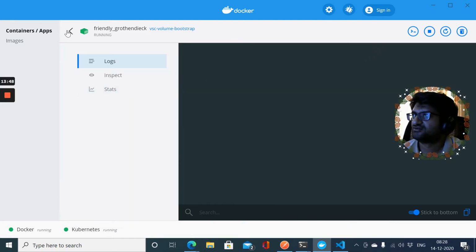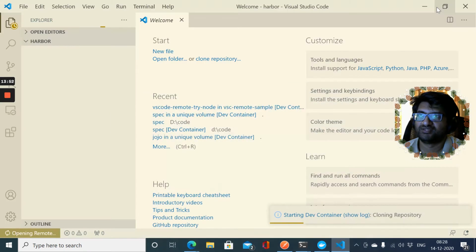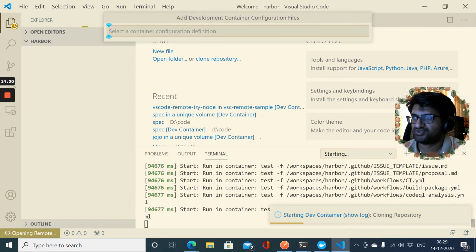While you're sitting and watching the boot up process of your IDE itself. So today when your IDE boots up, it not only brings all of this amazing functionality of the IDE, but it can also set up your entire work environment like a clean slate every time you try to open the project. So it's actually working on this Harbor project. It's cloning the repository.